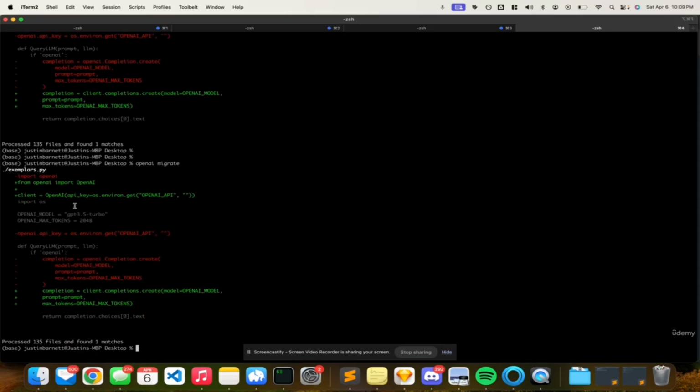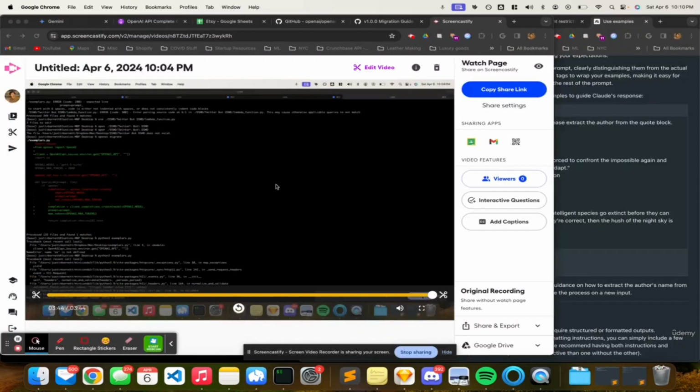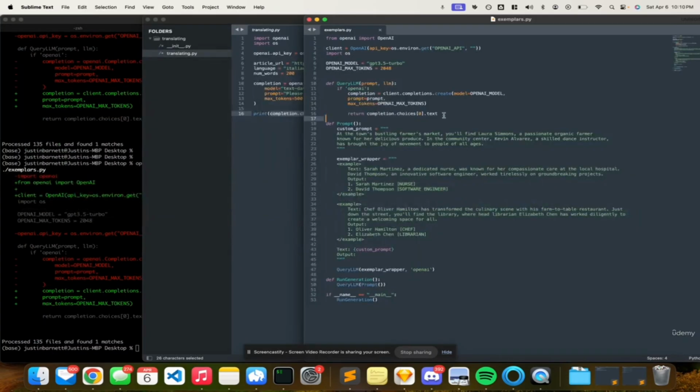I already had it installed and I'm only upgrading one file called exemplars. You can see here that it removed this old OpenAI import code and added the new one. And then it also changed the completion call to use the client.completions.create. And then after running this, we can go to the file and you can see that this is updated with the new API